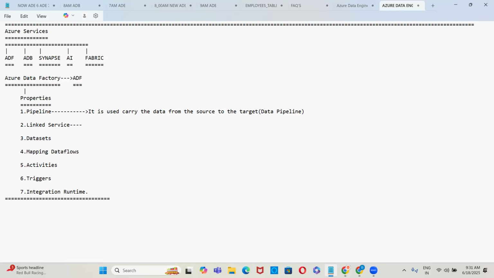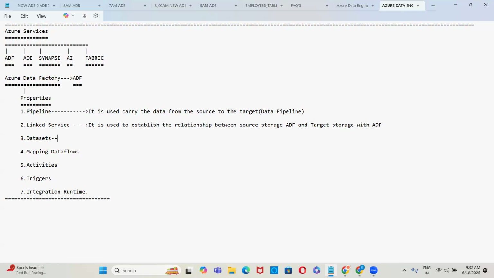And then we have the linked service, guys. So what is linked service? It is used to establish the relationship between source storage, ADF, and target storage with ADF.